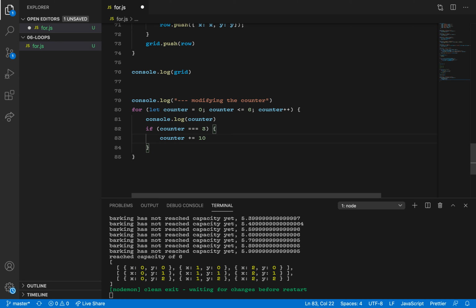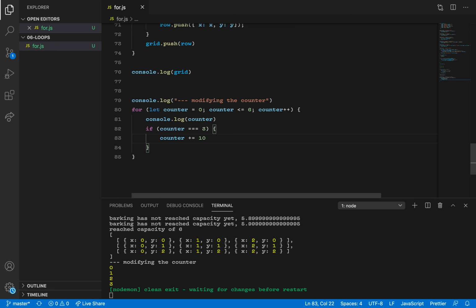Let's just do something a bit weird, but now we are actually inside the loop. We have some kind of condition, and after running this code, it runs it once. Is it less than 6? Yep. So run it again. It runs it again. Is it less than 6? Yeah. But the fourth time it runs it,